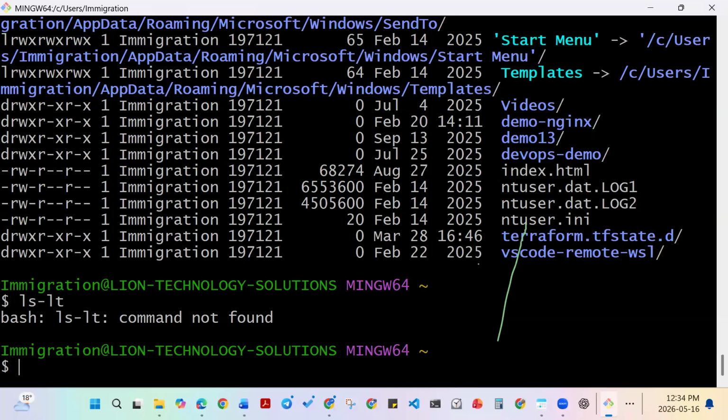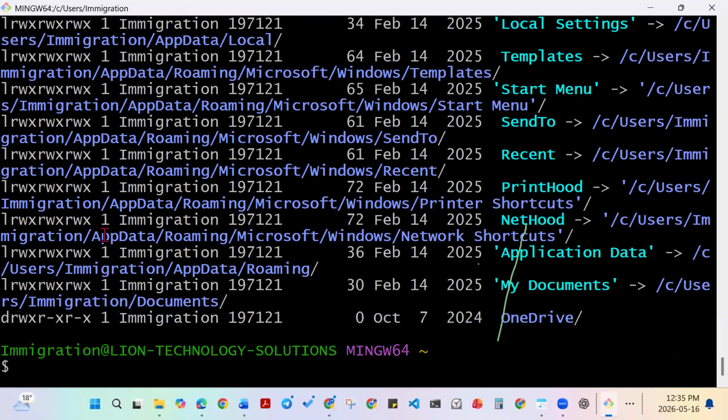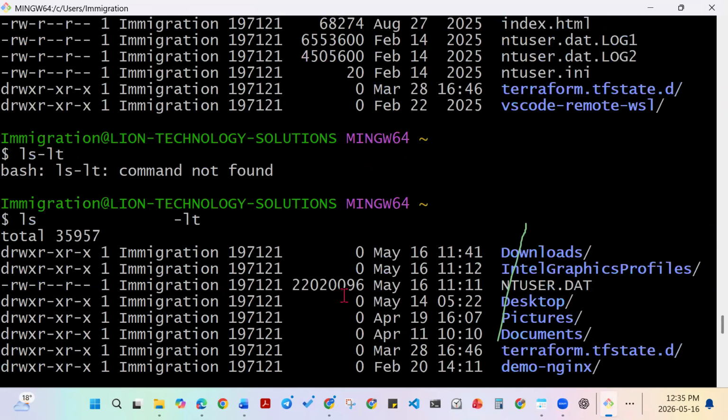So see that? This gives me an error, command not found. How do I fix this? ls, it doesn't matter how much space you give, but it must go with this: lt. See that? So now it lists, but of course,